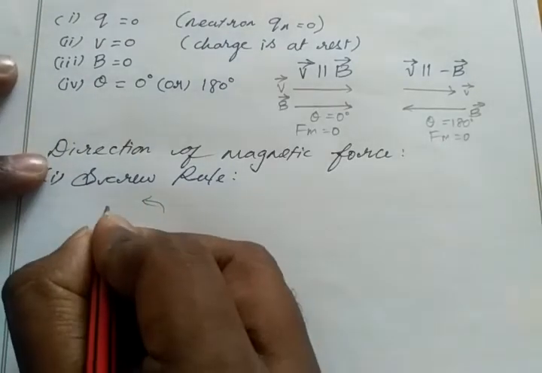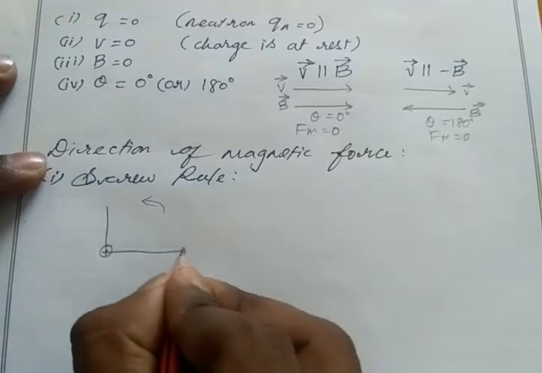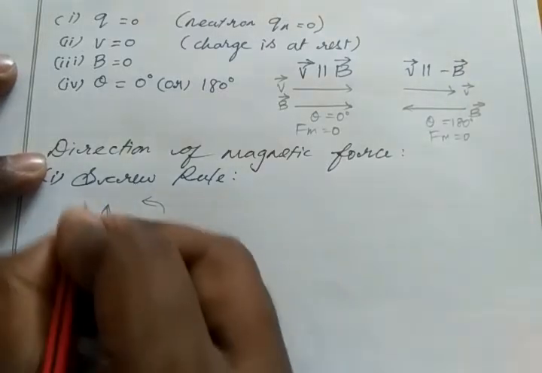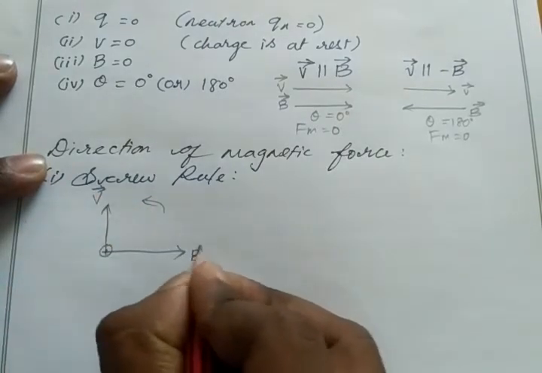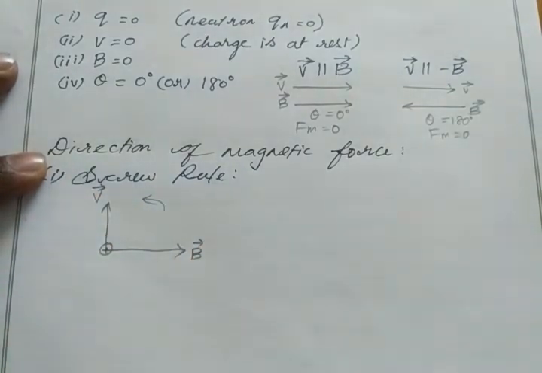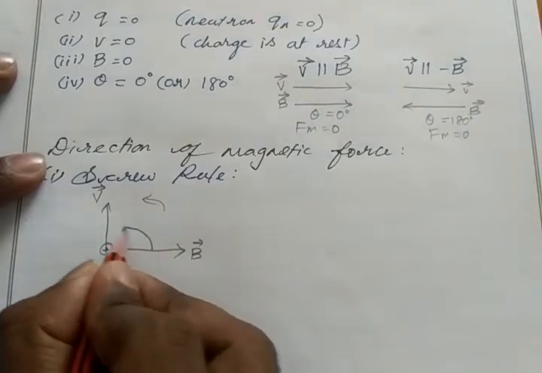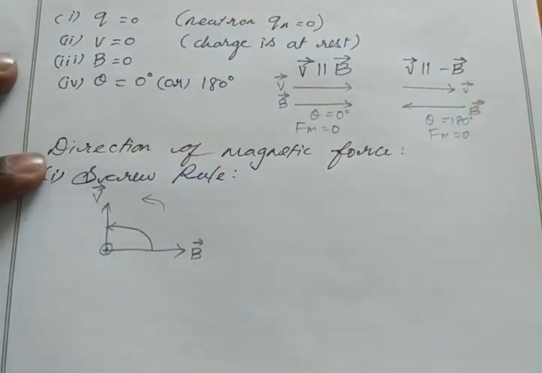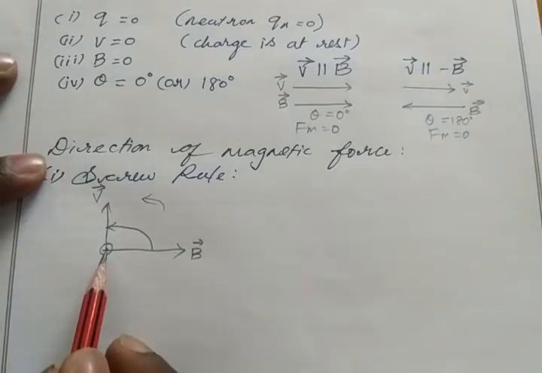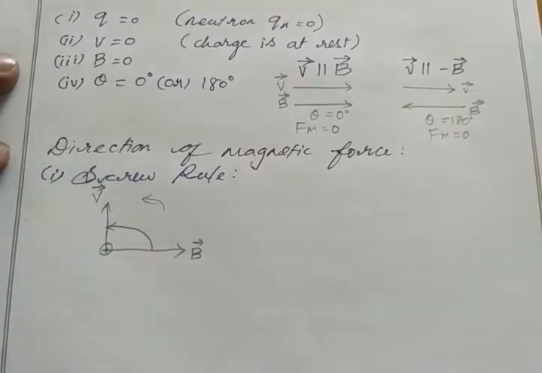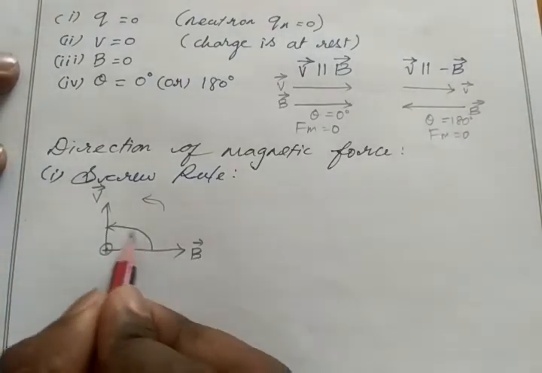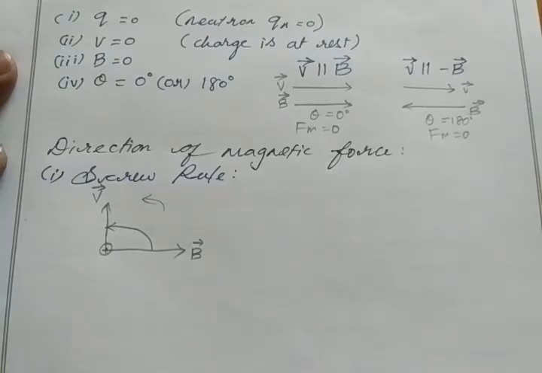So I get, if this is our velocity of charge, this is our magnetic field, then my charge will start to deflect like this, in anti-clockwise direction. Okay. So I put a moving charge, it starts to move with certain velocity, but suddenly it will start to deflect because of the magnetic force. So the direction of magnetic force is in anti-clockwise direction. Clear? Okay.